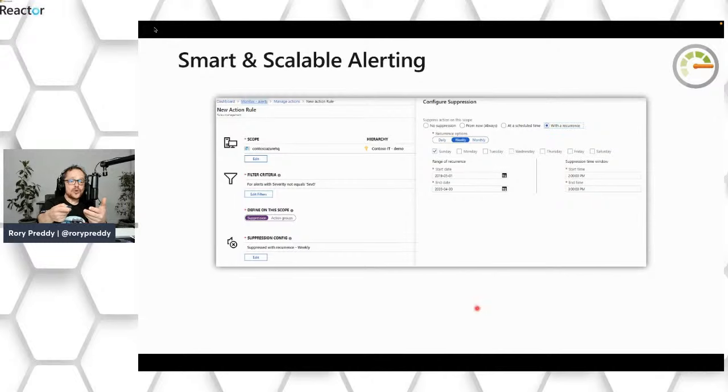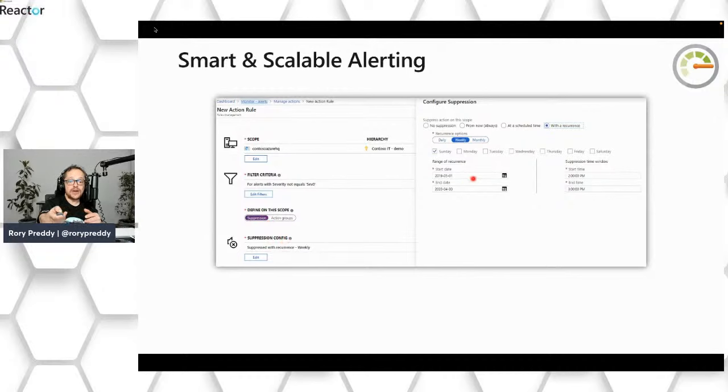So on your alerts, we already defined how you can query alerts, but you can also go in and define alerts, and you can suppress alerts. So let's just say you receive a lot of false alerts like DDoS attacks or just ping alerts. You can suppress alerts, or you can create action groups. So you create that alert, you can filter the query, and you can suppress that alert, and then you can